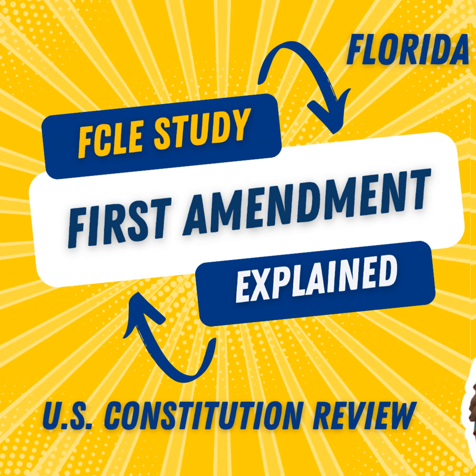Number 1, freedom of religion. Let's start with religion, which has 2 parts, the Establishment Clause and the Free Exercise Clause. The Establishment Clause prevents the government from setting up or favoring one religion over others. This is commonly explained to us as separation of church and state. You know, you've heard that before.